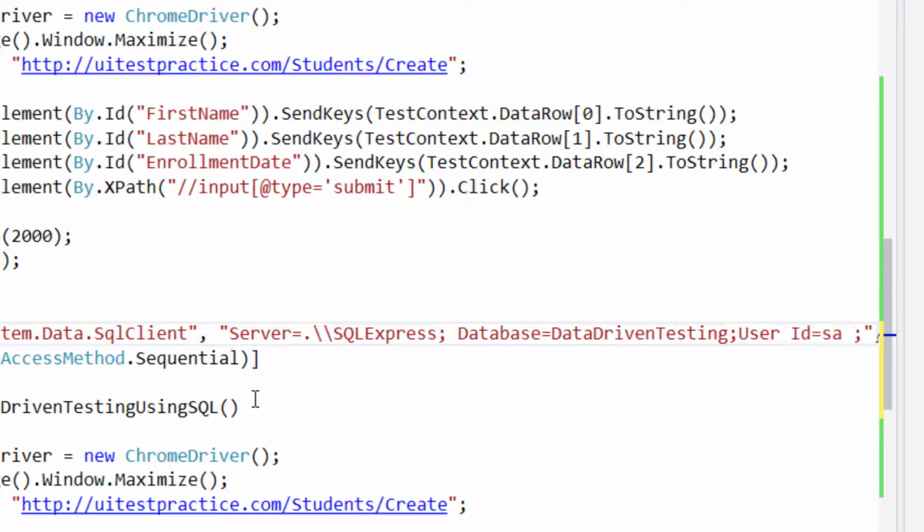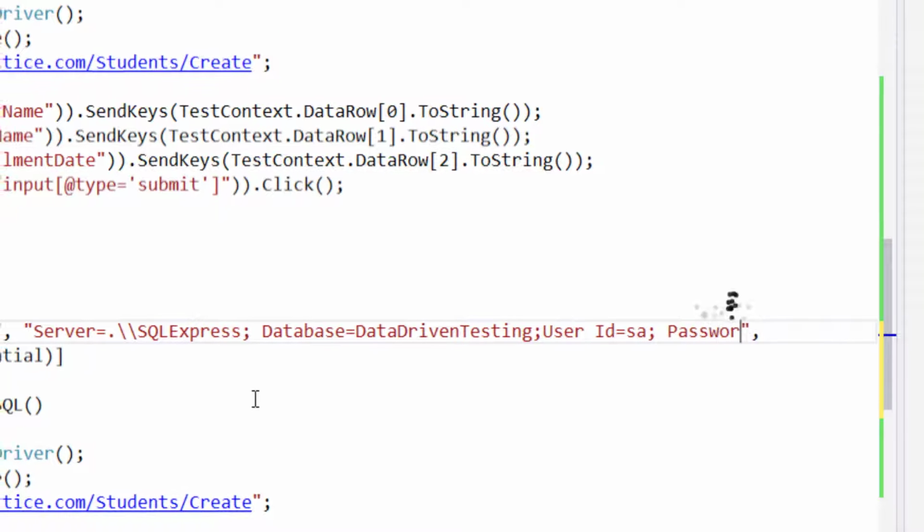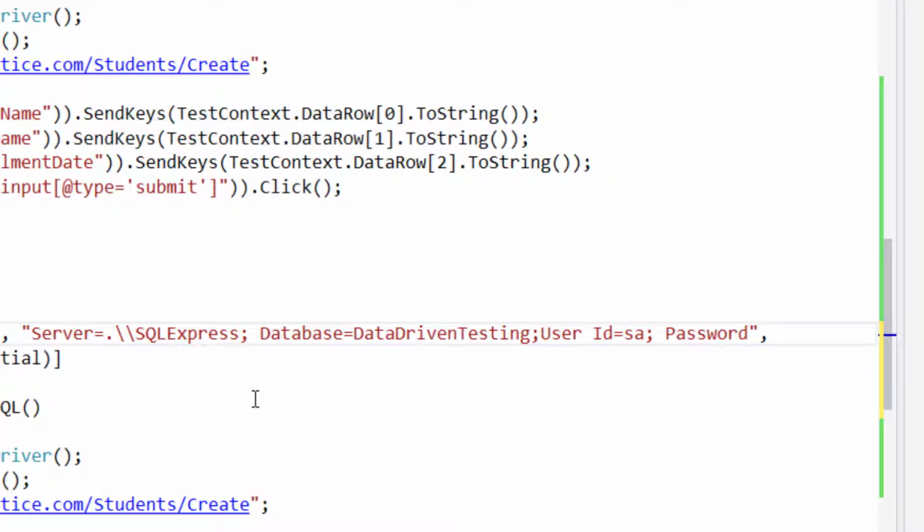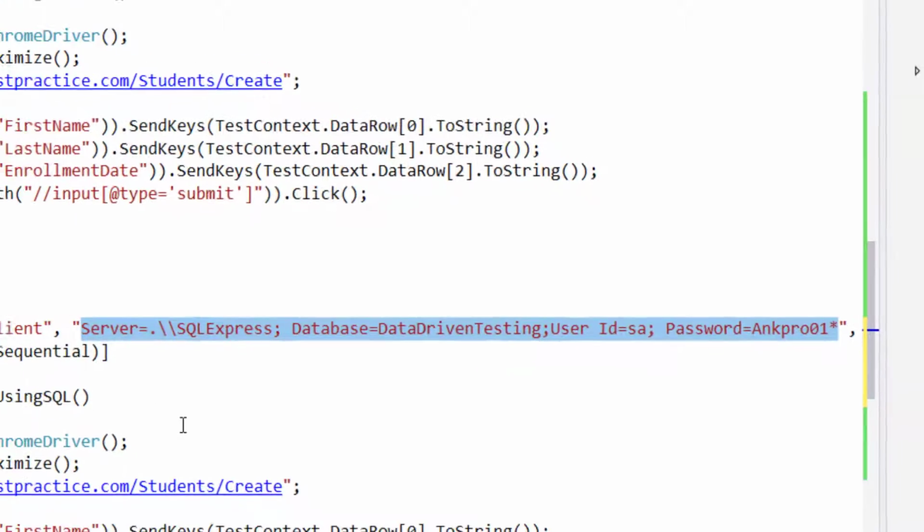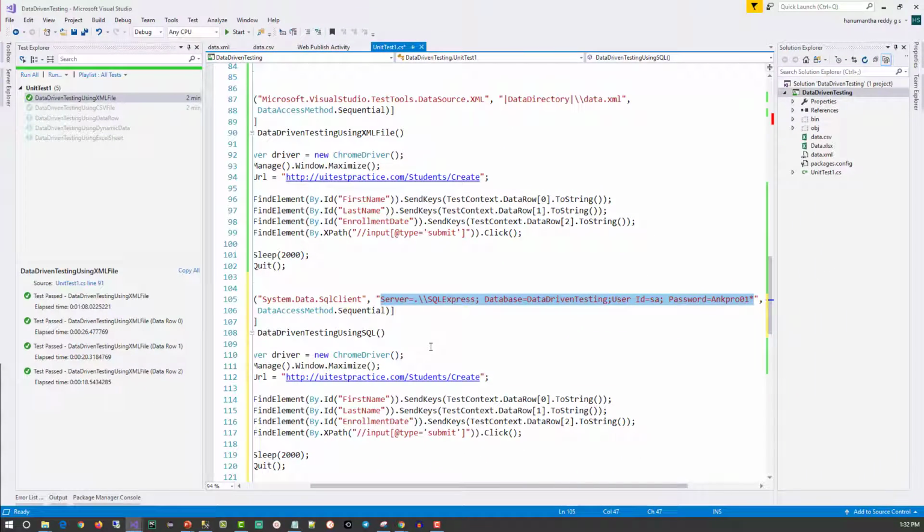Fourth parameter is the password. Password I have given as AnkPro01 star. So this information is required to connect to the database. All this information is related to the database, which says the server name, database name, the user ID and password for that database.